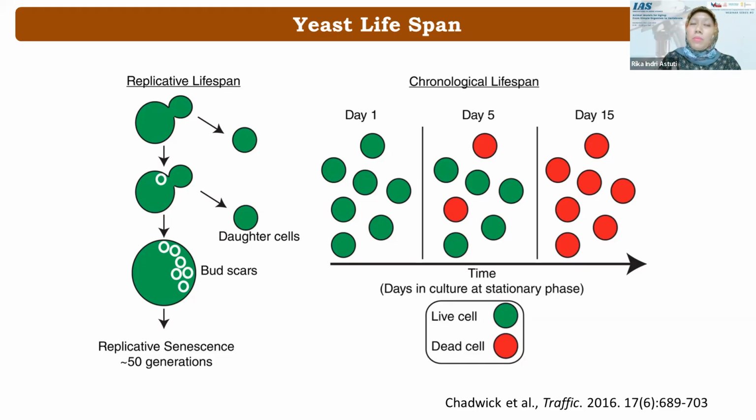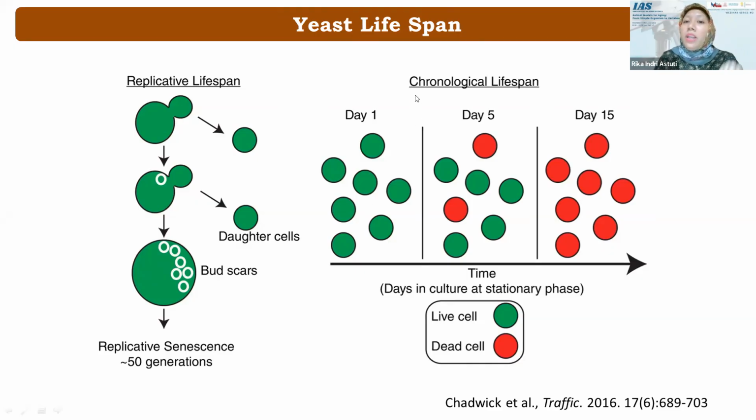Because of that, when we use yeast, we can measure both a replicative age and a chronological age. Replicative age means that this is a mother cell, and each mother cell will make a bud, which is a daughter cell. Here, the smaller cell is a daughter cell. Each mother cell can make a series of daughter cells, and we can count how many daughter cells they make throughout the specific period that you treated. As you can see here, the number of generations, or daughter cells, represented by the number of bud scars in each mother cell, represents the replicative age,